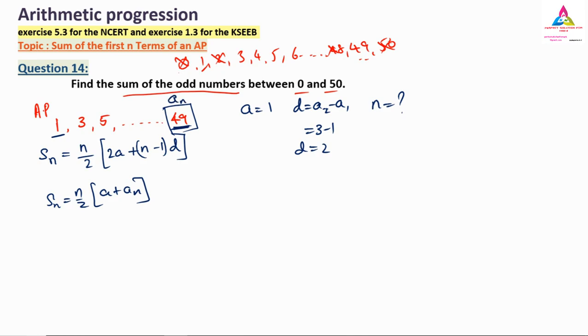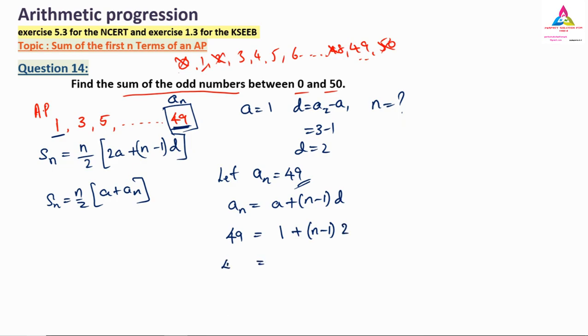An. So now we have to consider an, that is the last term, as 49. Understood? We have to take the last term as 49, and we have to find the n value by the an formula. An is equals to a plus n minus 1 into d. So an value we already know, that is 49, but the n value we don't know. The a value is 1, already found, plus n minus 1. The d value we found, that is 2.